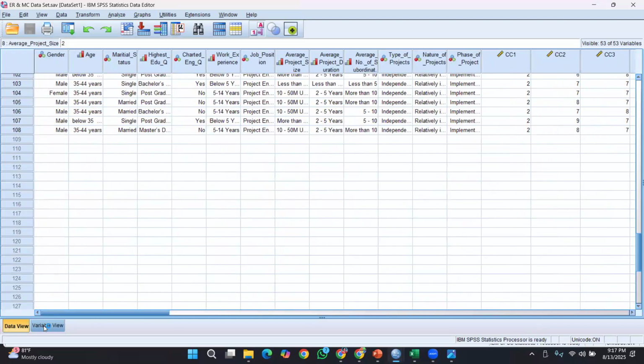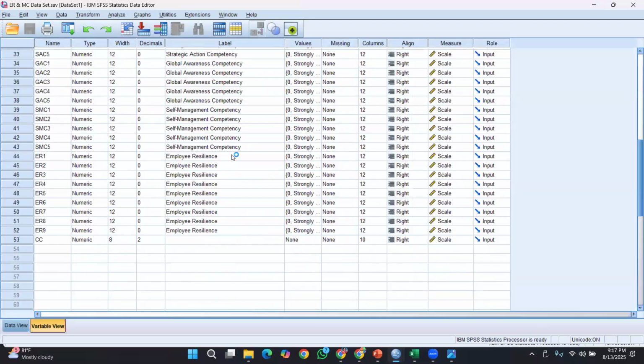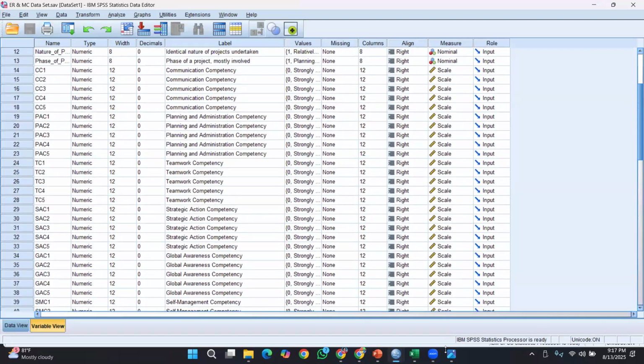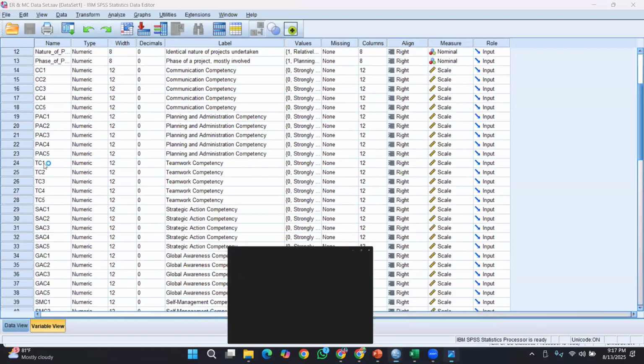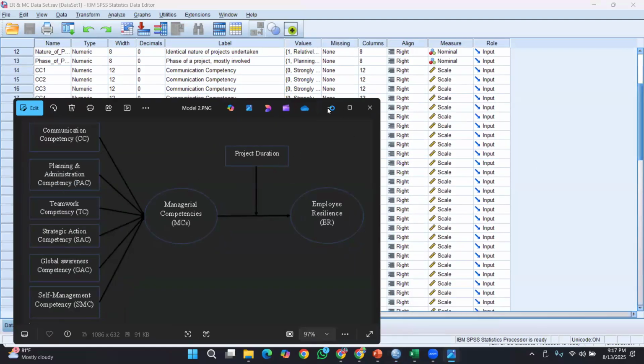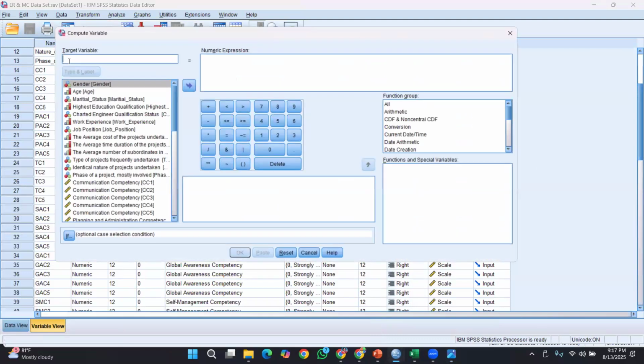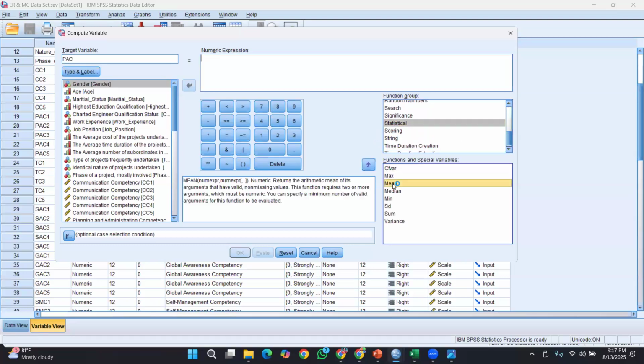Right, the same way you have to create other variables too. The communication competency is the first, and there's another one, planning administrative competency, PAC. The same way you have to create a variable, PAC; you need to get the mean.